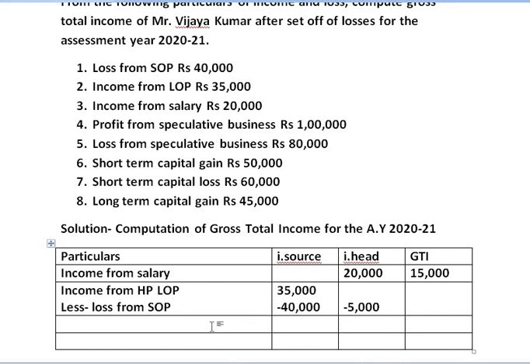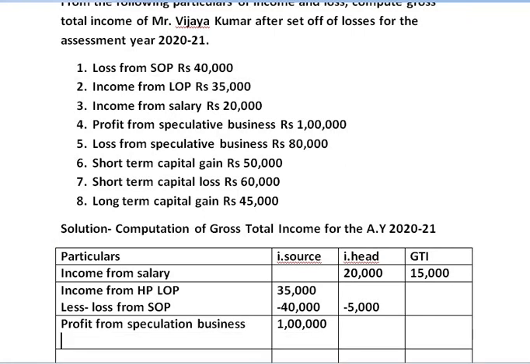Now coming to the next head, that is income and gain from business or profession. First we are given profit from speculative business, then loss from speculative business. So let us take profit from speculation business, amounting to rupees 1 lakh. Take it in the inter-source column because simultaneously we are given the loss also from speculation business. Less loss from